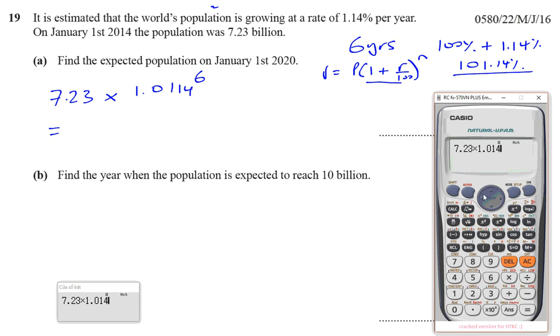You've got to be very careful when you're using your calculator with this 114. And I've got to raise that to the power of 6. So I look for the one that says x to the power of blank. So that means I'm going to write here the power of 6. Let's put equals, and it gives me my answer, which is 7.738